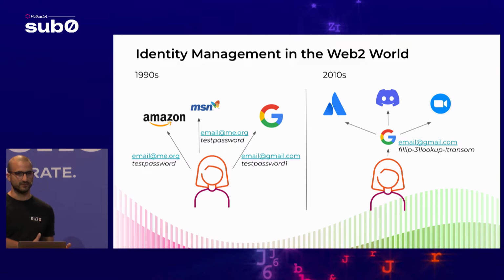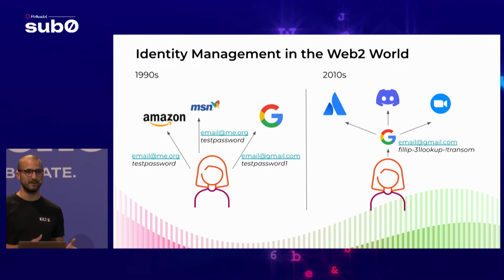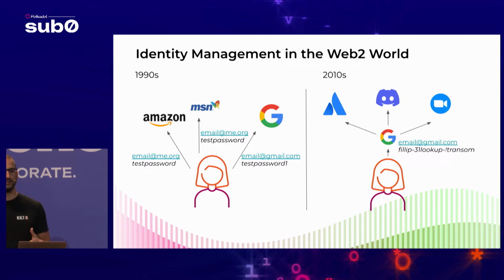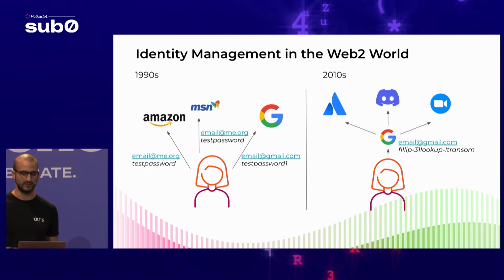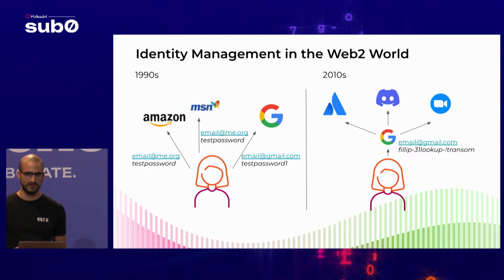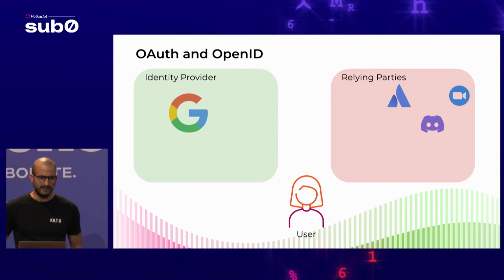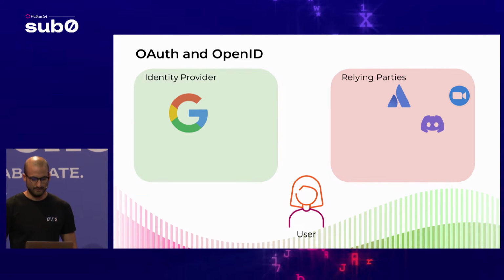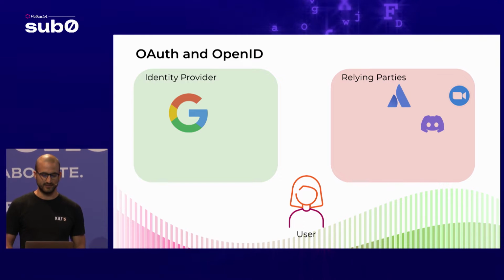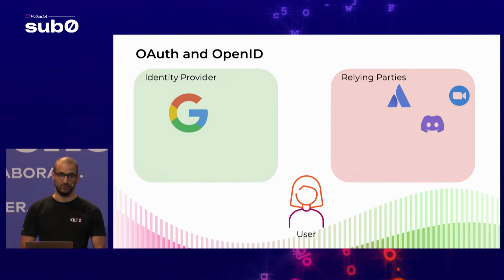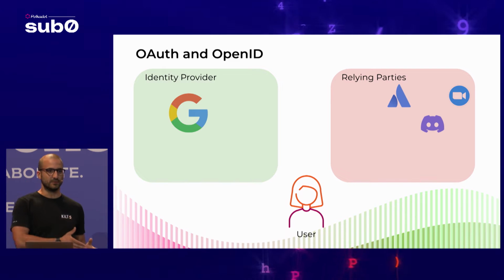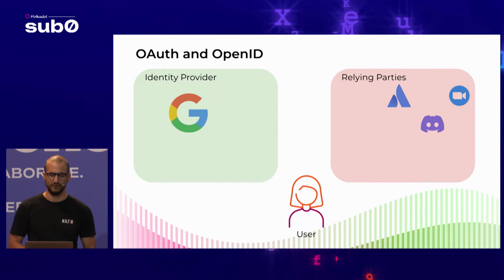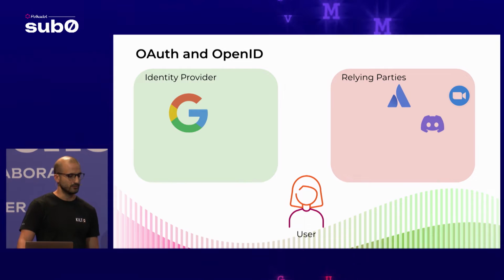On one side, the users would have only one identity to manage, so one email address, one password, and the services would have fewer liabilities because they would rely on a trusted third party to manage identity, and also, of course, fewer things to protect because they don't have a password database anymore. Over the years, several different names and iterations have been developed, basically giving different names to the same concept. The most recent protocols are called OAuth and OpenID. OAuth deals with user authorization, and OpenID deals with user authentication, which has been the main inspiration for the DIP protocol.